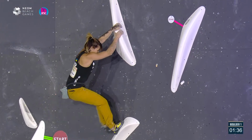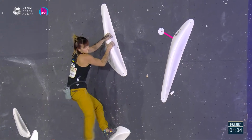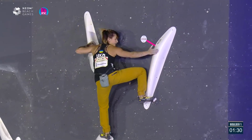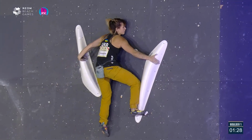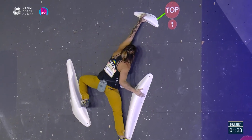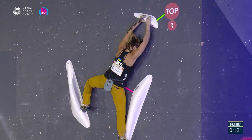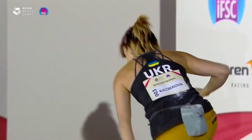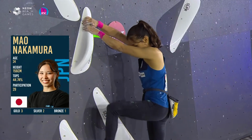She works those hands upwards. Little adjustment with the feet now. And this is really smooth stuff from Jenya. Ooh, very flexible there with that move. Yeah, no problem for Jenya Kazbekova. Easy stuff. And she climbs down. And that's a quick...